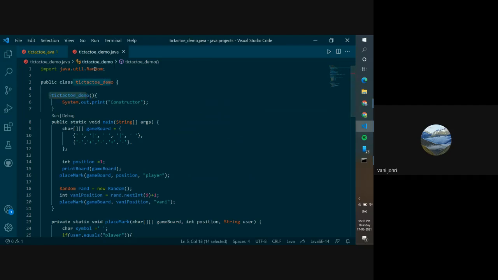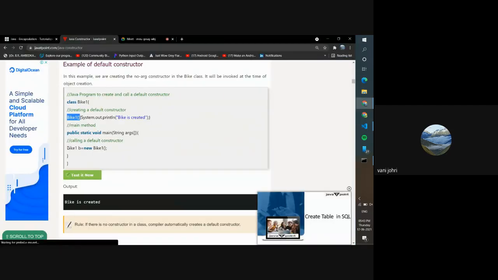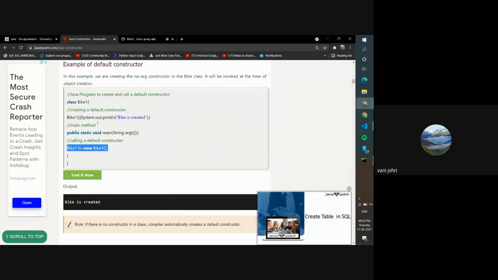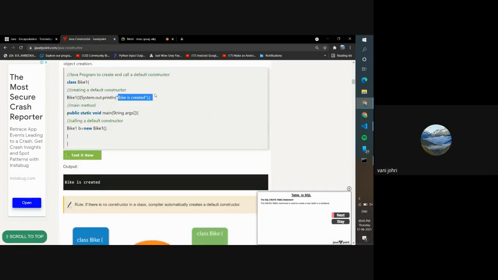This name should be the same as the class name. If these things are the same, that means it is a constructor. It just realizes that this is a constructor. And now whenever this class is called and this object is made, this constructor will be called. So when they did this, bike is created was printed because the constructor was printing bike is created. Do you understand this?